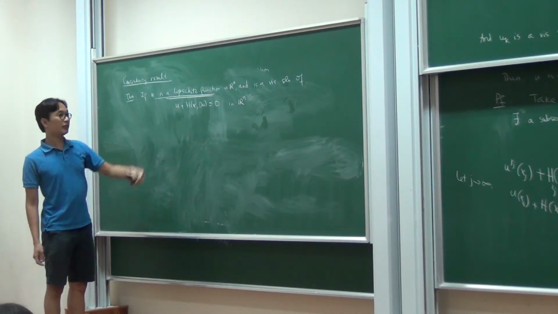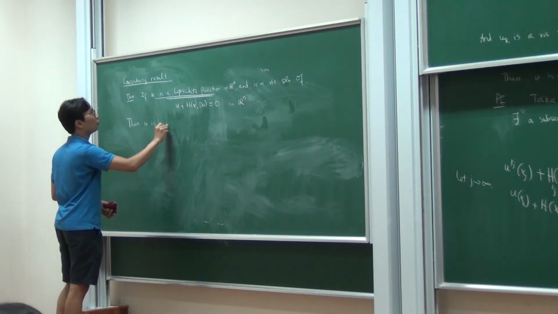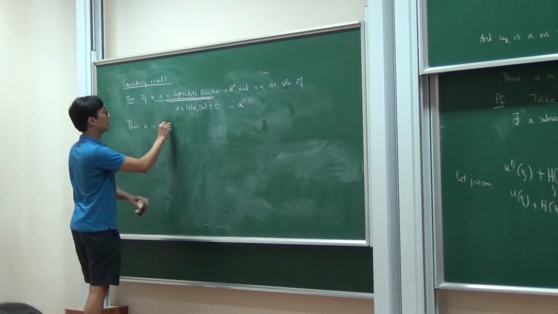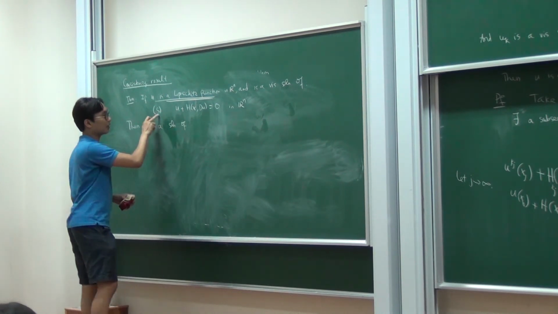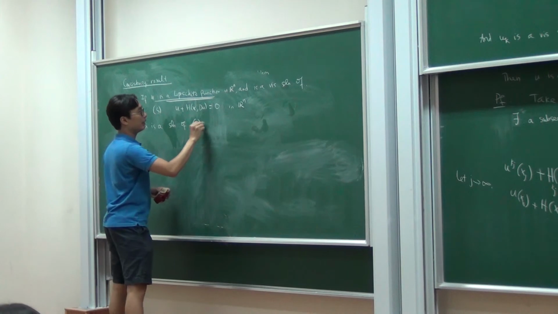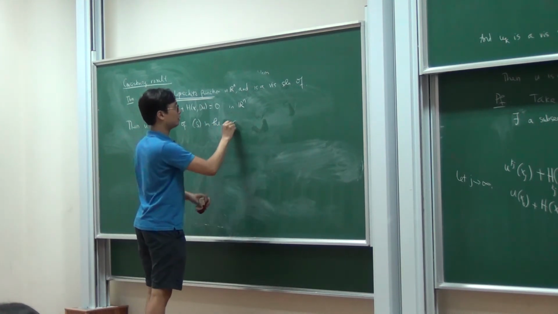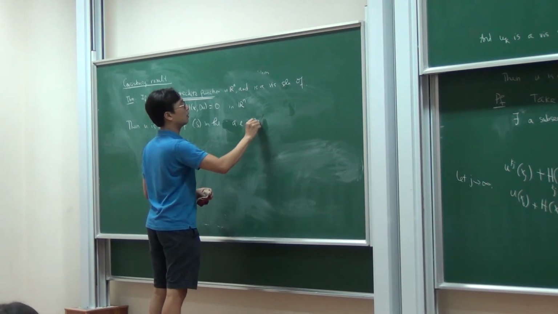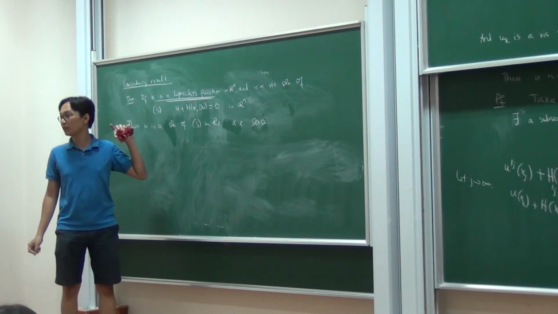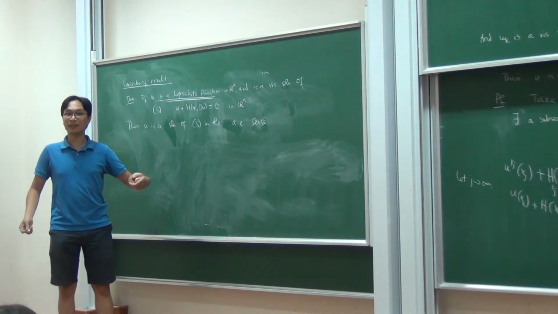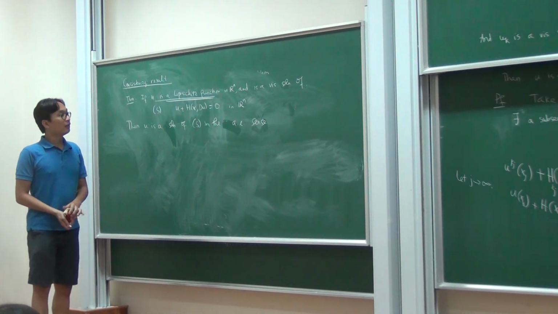And if it's a viscosity solution of this, then u is a solution in the almost everywhere sense. So yes, a viscosity solution is also a solution in the almost everywhere sense. Then it makes sense to write this down. So again, that means